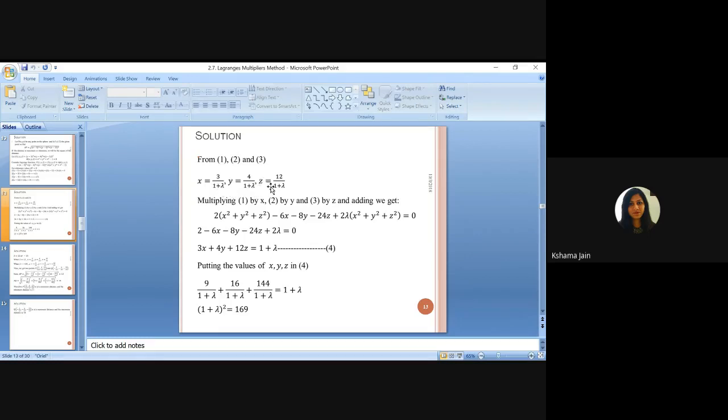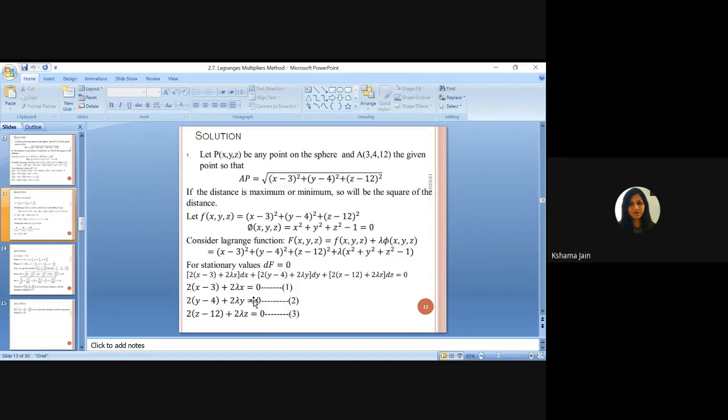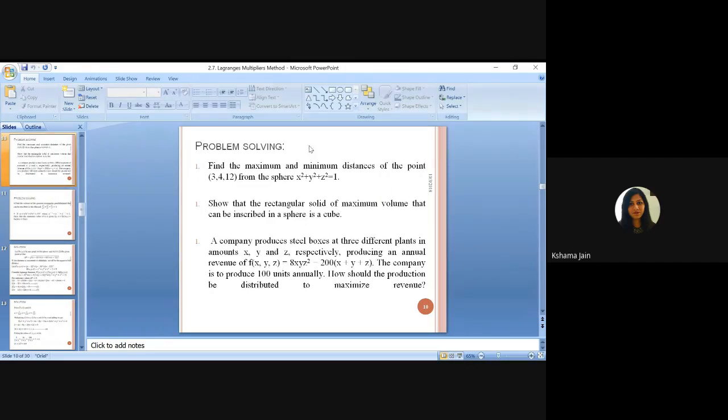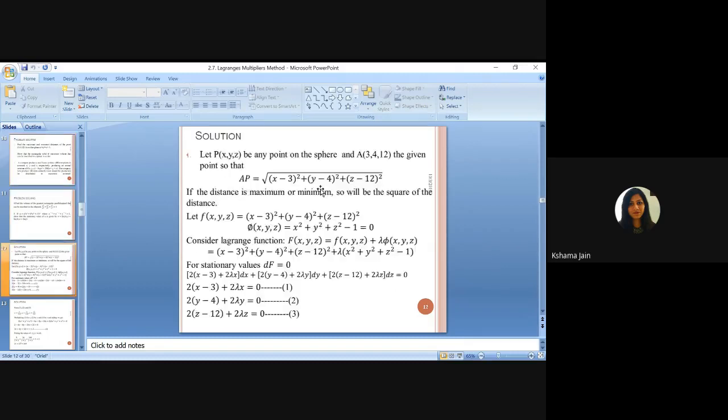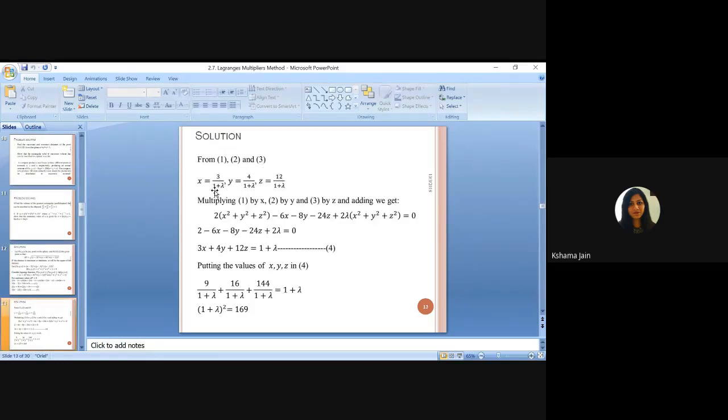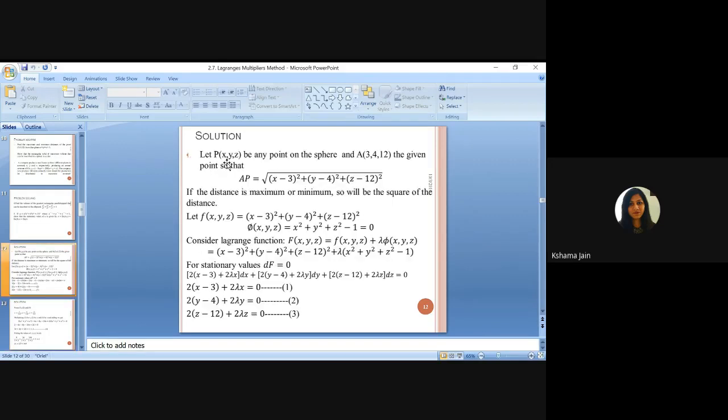The easiest method. Here they have done it complicated. The easiest method: the condition was given x square plus y square plus z square equal to 1. Here you will put the x, y, z you found out in the given condition x square plus y square plus z square equals 1, and when you solve, you will get the value of lambda. Although they have applied another method, this also can be applied, but it is a little complicated. For your easy method, I'm telling you, first you will express the values of x, y, z in terms of lambda, and then put them into the given condition.